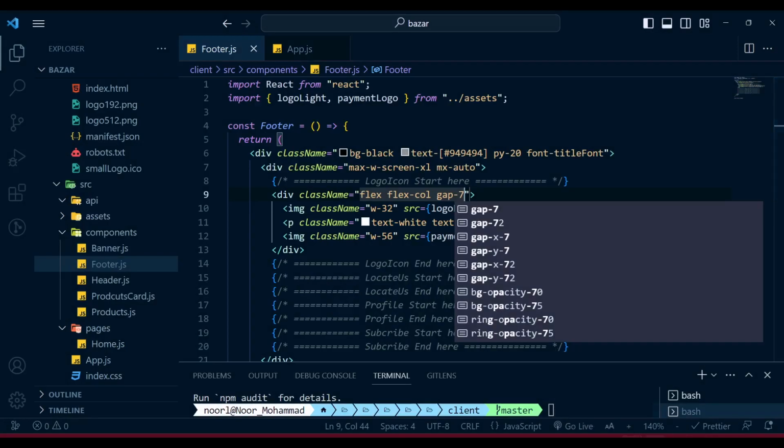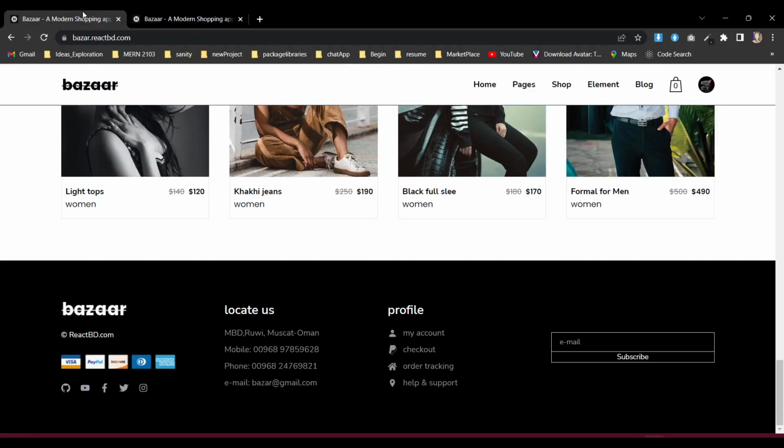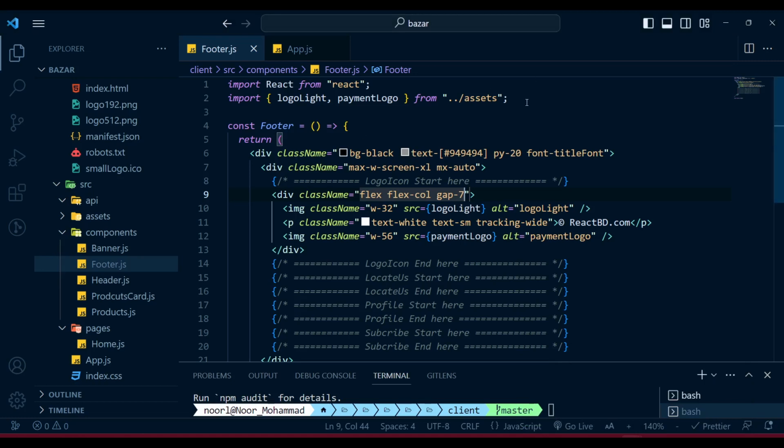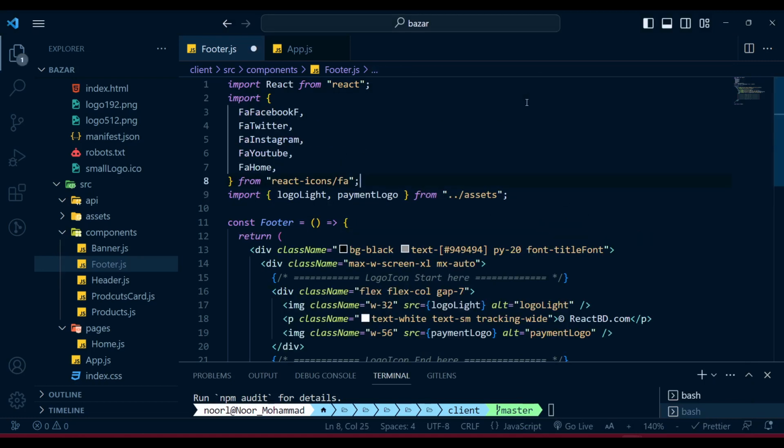And after giving that, you see the gap is available. Now we need to give those 5 icons. First of all, let's go and grab those icons from our friend React Icons. These are all the icons it will be. And now what I'm gonna do,